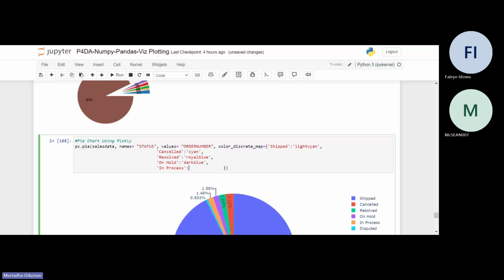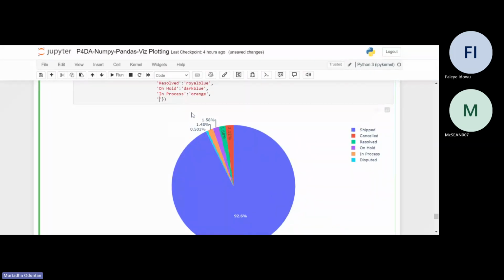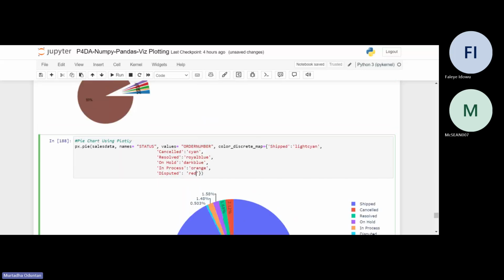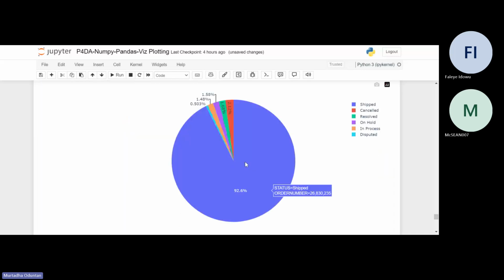to be another color. So let's just say orange, and disputed to be, let's say, red. So we can run this and